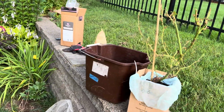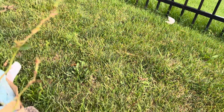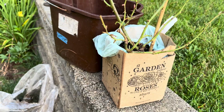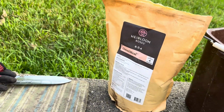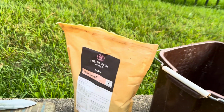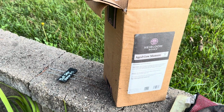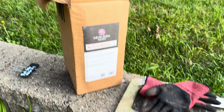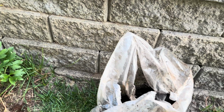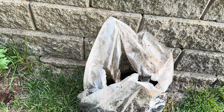I have all of my materials set aside here, as well as the rose, which is High Wire Flyer. And again, I ordered that from Heirloom Roses. They strip a lot of the leaves for shipping. It just makes it healthier. I have some fertilizer here for planting, which I use. It's a soft fertilizer, not really high in nitrogen, so it won't burn the new roots. And aged cow manure, which has nitrogen and phosphorus, potassium. If you have clay soil, it really helps improve drainage. That bag has mint compost which is helping again for moisture retention, and it's supposed to repel spider mites and